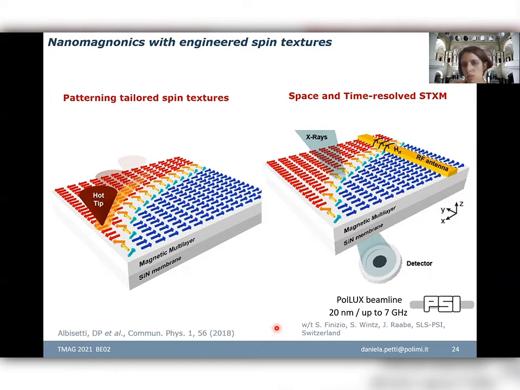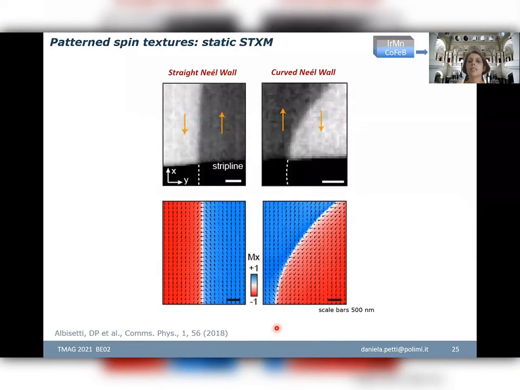To do this, we move to a space- and time-resolved experiment at PSI via STXM, in which we can achieve a space resolution of 20 nanometers and a time resolution up to 7 gigahertz. So in this case, as I mentioned before, we always use the exchange bias system, and we pattern first straight and curved Néel walls. Here, the STXM image